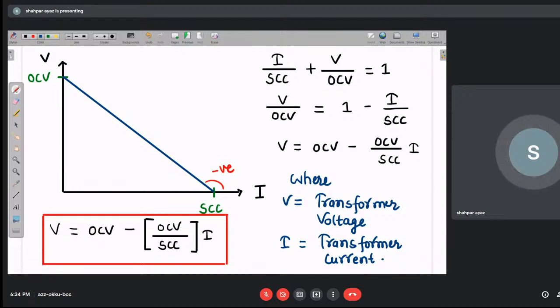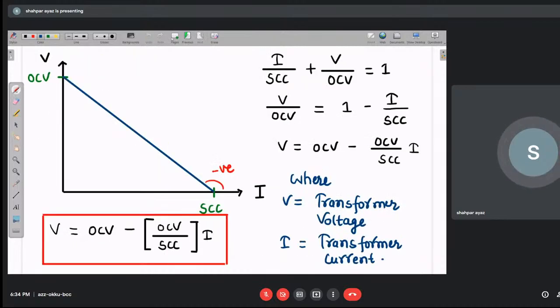OCV minus OCV by SCC into I. Then all of you tell me. Clear everyone? Clear, good. Now see,